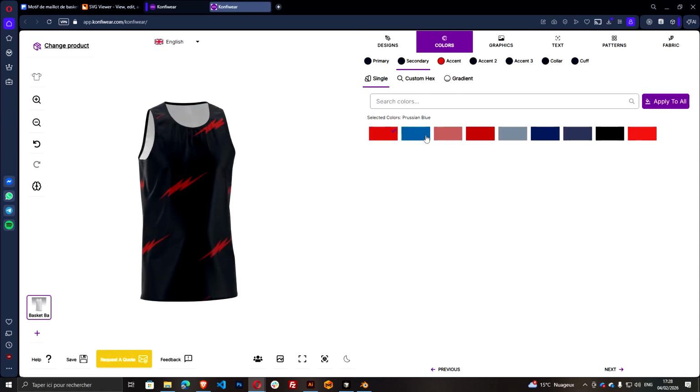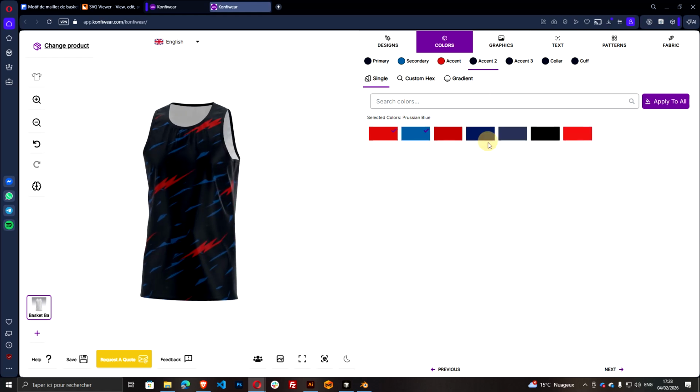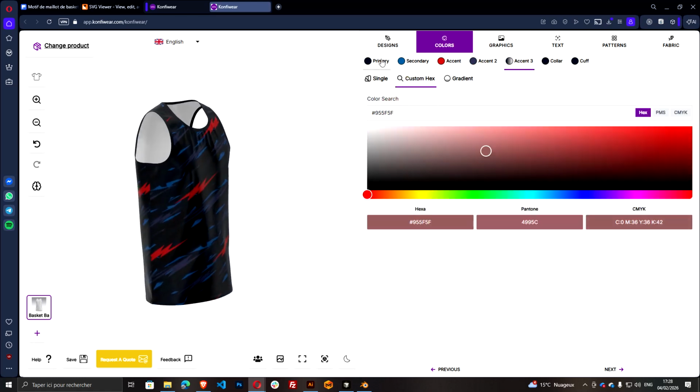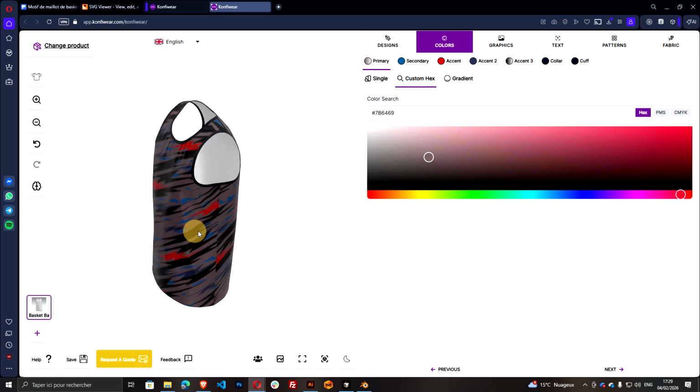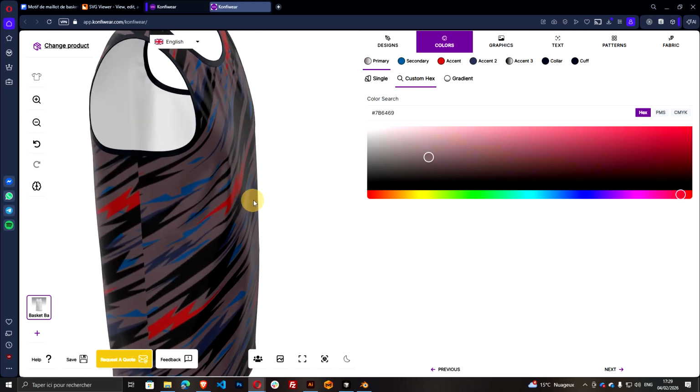You can change the color for all the parts, secondary, accent on red. I will put it here. On the primary, I will add another color, select it, and here it is. So this is how to add a design from